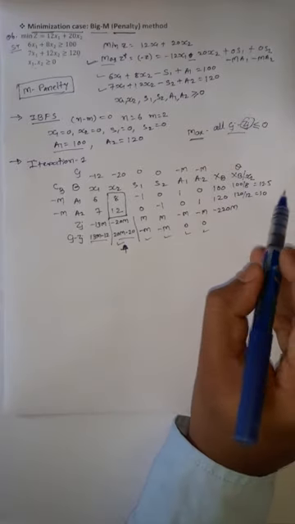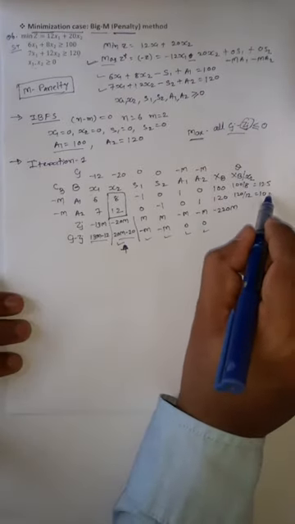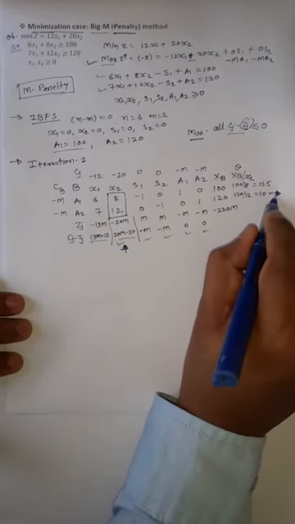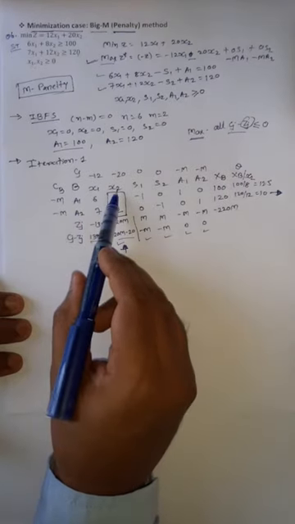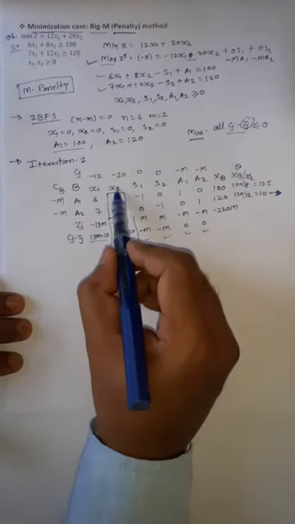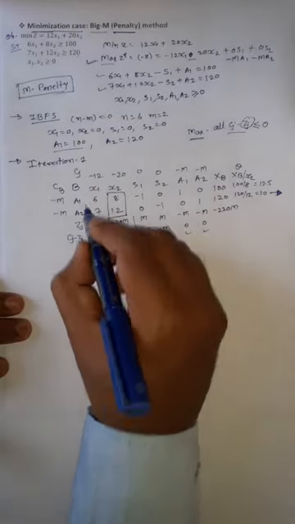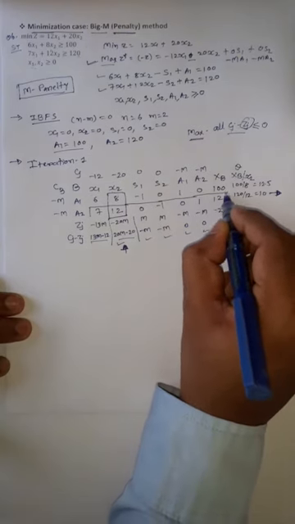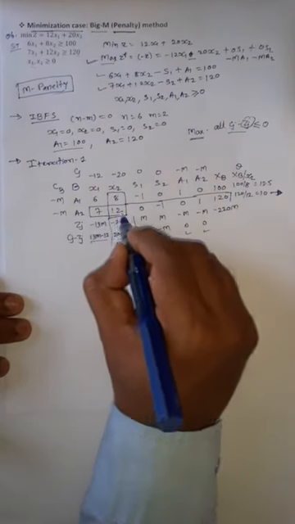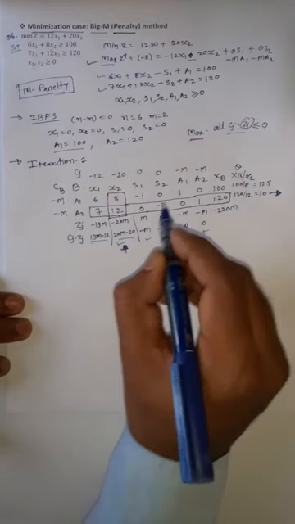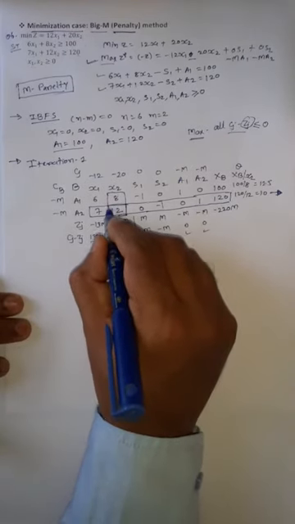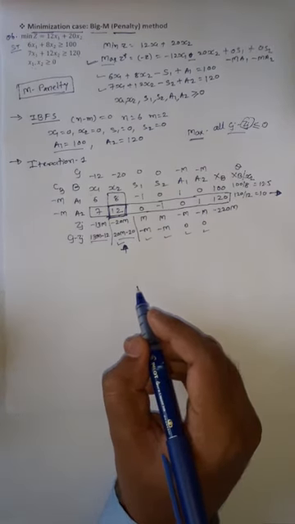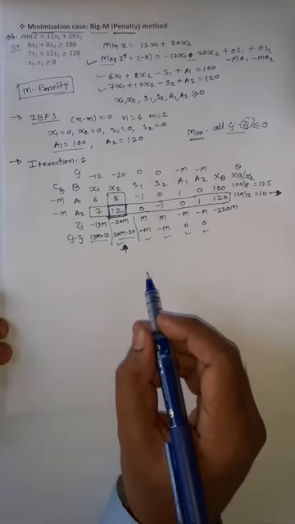So here consider the minimum value. The minimum value is here at 10. So a2 will be the outgoing variable and x2 is the incoming variable. So in the next iteration x2 will replace a2. This row, up to this xb and not after that, is the key row, and the intersection of the key row and key column is the key element or pivot element. Now we have the incoming as well as the outgoing variable.